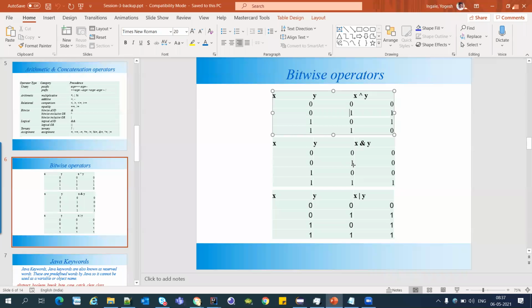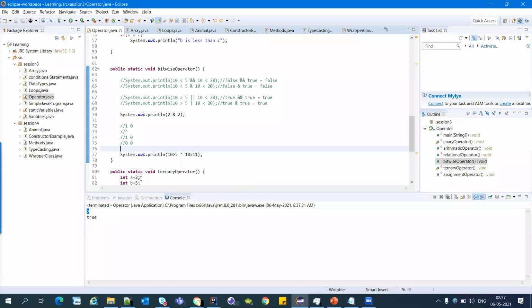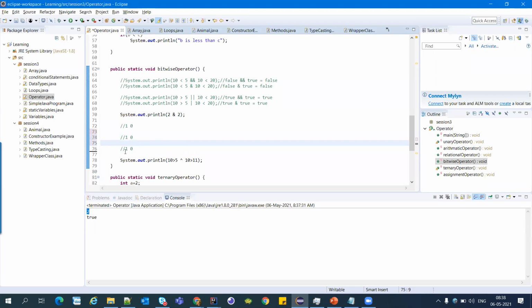For the AND operator, for 0 0, it gives 0, 0 1 gives 0, 1 0 gives 0. For 1 1, it gives 1. So for 1 0, in binary 1 0, in decimal it is 2.